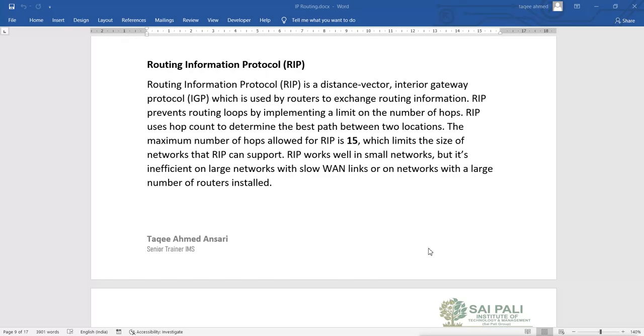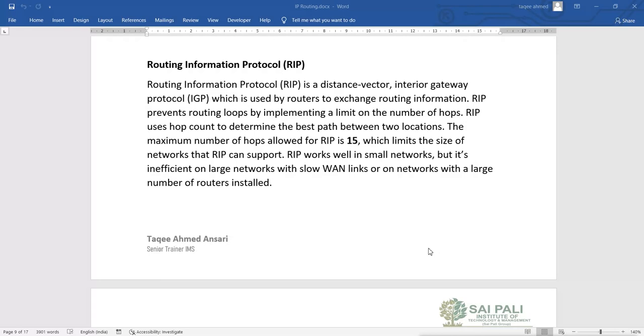Now first we'll see how we can configure it, and it is also very easy to configure. That means when you want to configure the router with dynamic routing by using these protocols, configuration is very easy. It is not like static routing, which is not easy to configure, and not easy to remove also. Here we can configure it easily, we can remove it easily, we can manage it easily, but it has its own problems, its own drawbacks.